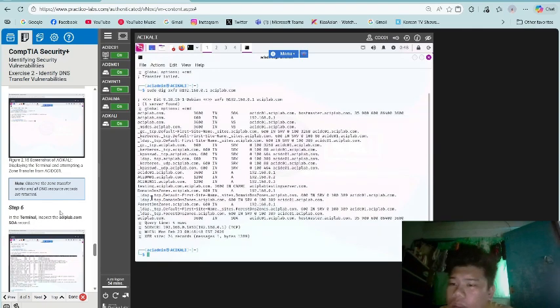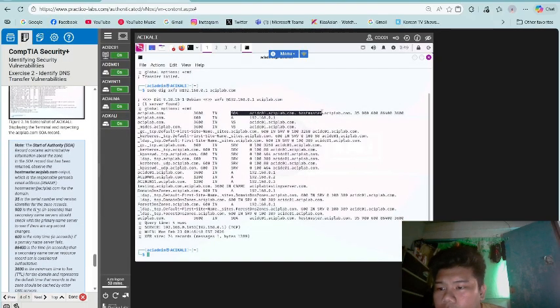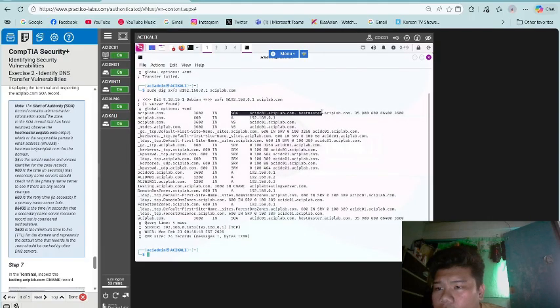So note, observe the zone transfer works and all DNS resource records are returned. In the terminal, inspect the aciplab.com SOA record. Note, the start of authority, or SOA, record contains administrative information about the zone in the SOA record that has been returned.